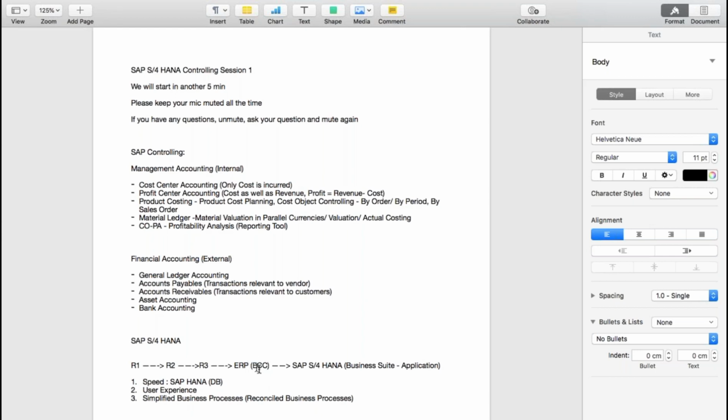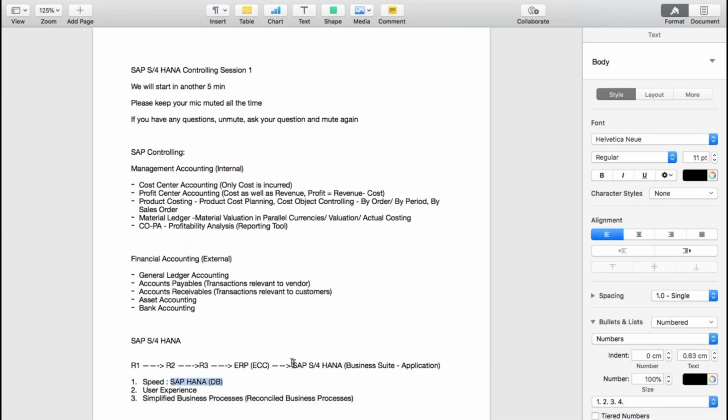These were the databases which were being used. Now with SAP S4 HANA, by default, there is only one database that can be used, the HANA database, and the HANA database has the capability that Sneha mentioned. In-memory computing, it can store the data in the form of columns, and it will automatically perform the calculations. So all these benefits are not part of the SAP S4 HANA application, they are actually part of the SAP HANA database.